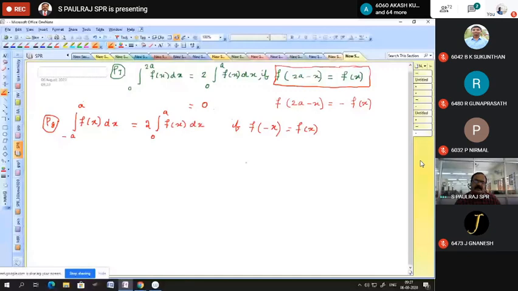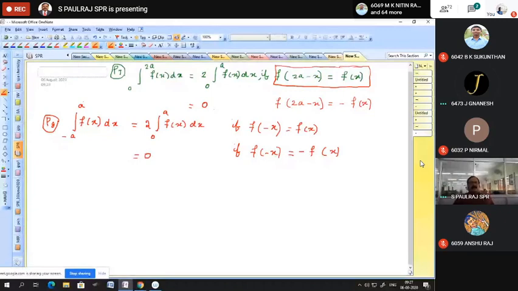In the same way, if f of minus x equals minus f of x, what will be the answer? 0 will be the answer. While teaching the NDA problems, I'll tell you the even function and the odd function. That is not in the property, but it is there in the NDA question. Tomorrow I'll tell you. Property number 7 and property number 8 are very useful for solving UPSC questions. So just copy, and I'll do the problem.